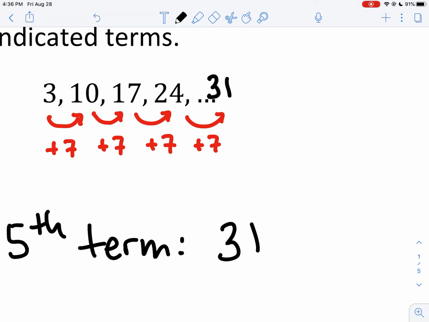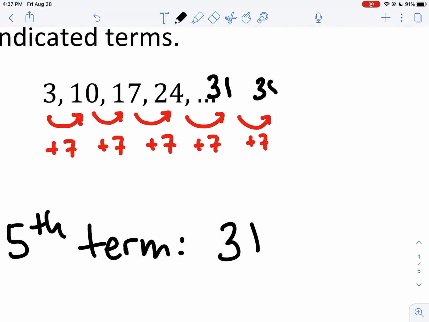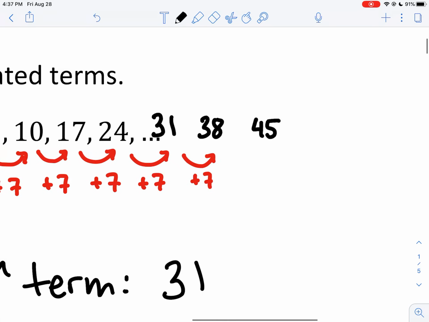All right, next it asks us to determine what the 10th term is. And so one way to do this would be to just continue the pattern until I get there. All right, so if we add 7 to 31, we get 38. Add 7 to 38, we get 45. Add 7 to 45, we get 52. Add 7 to 52, we get